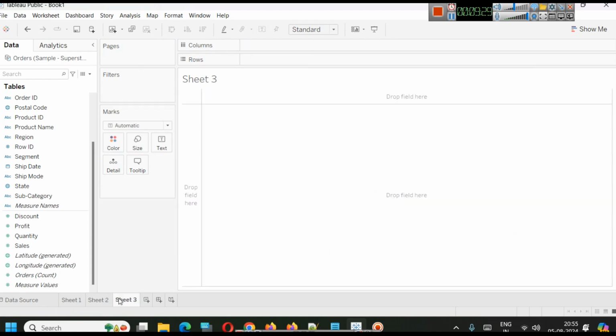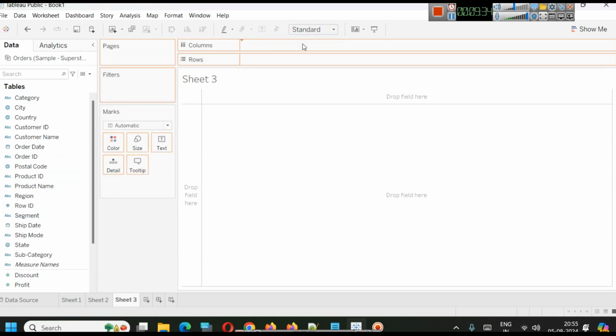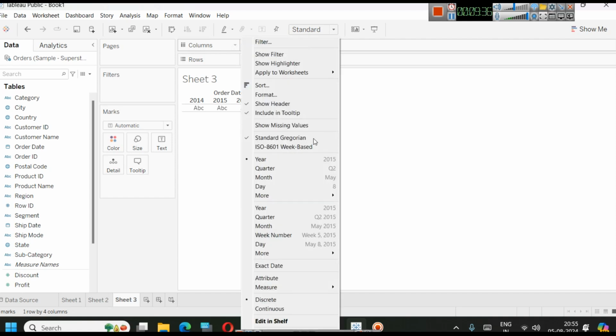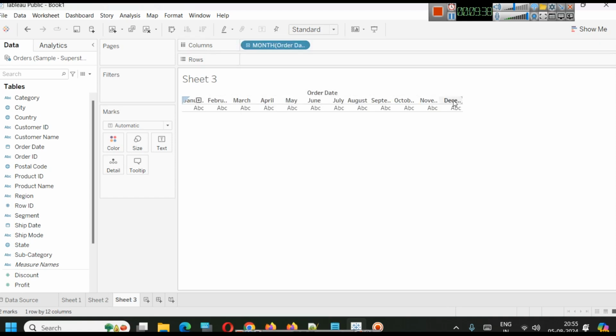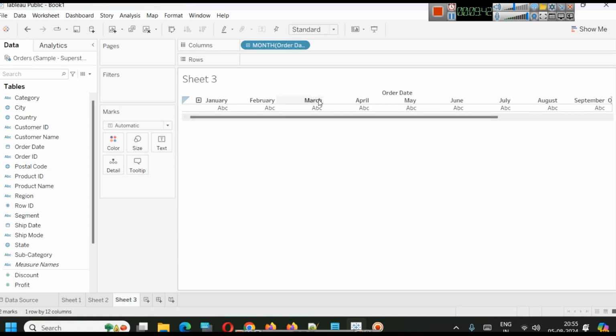Now we'll again create the same thing. Okay, order date and all, but this time what we'll do is month. So this is every month that we have. Now this is a summary version, right? What do you mean by summary? Like, here we only have 12 values, in total we have 48 values, but here we have 12 values. That's why a group by will be used, right? So we'll group by